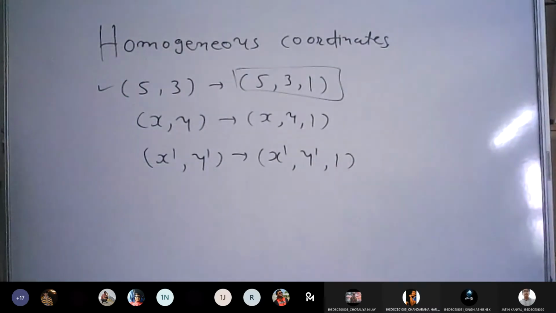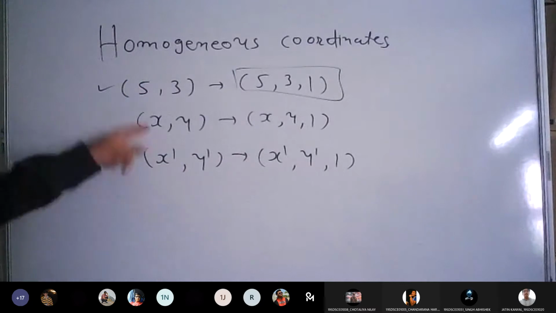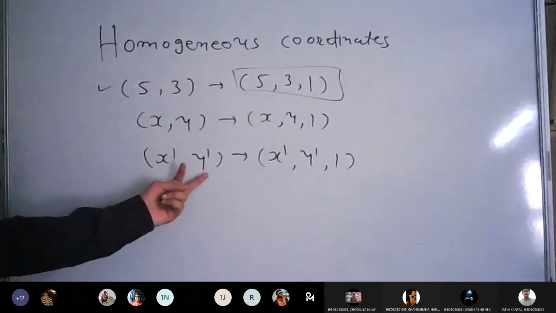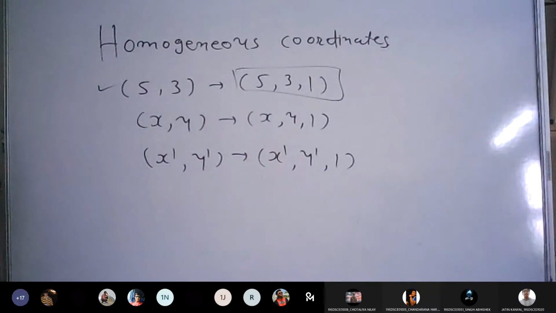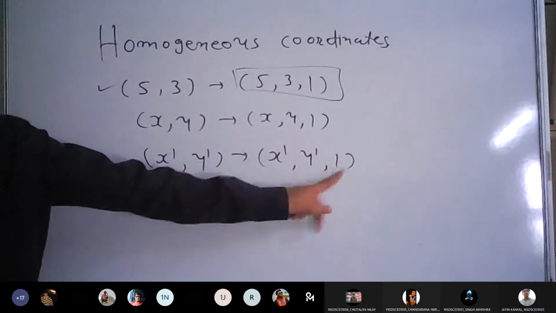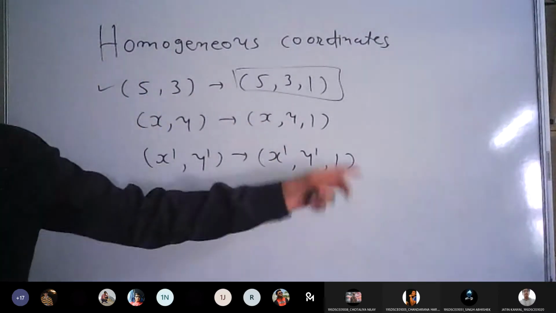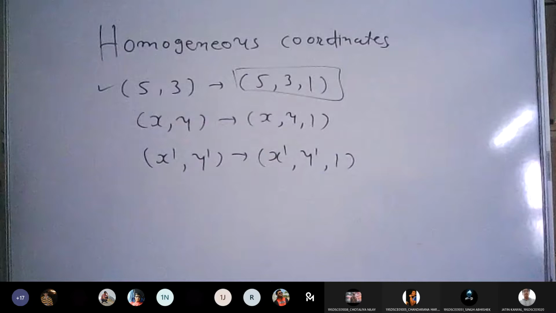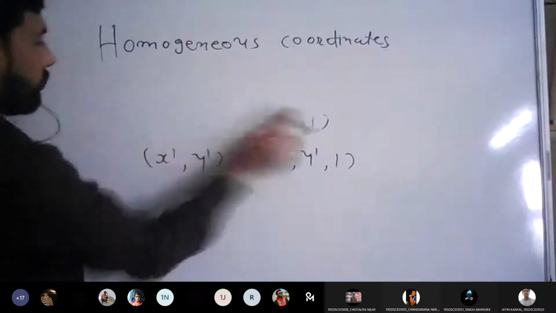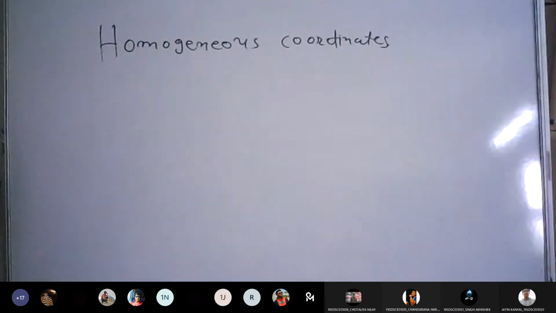So now we know how to find the 3 by 3 value for any 2 by 2 point. If the point is xy, then the 3 by 3 value is xy1. If the point is x dash y dash, then it is x dash y dash 1. For simplicity, we always use h equal to 1. For any point, if you add a third parameter as 1, your point is converted into 3 by 3. Now let us see how to convert our 2 by 2 matrix into 3 by 3 and how we can find the different forms.